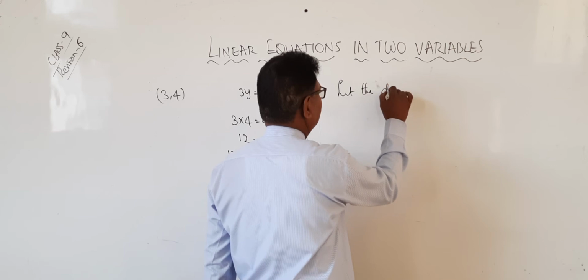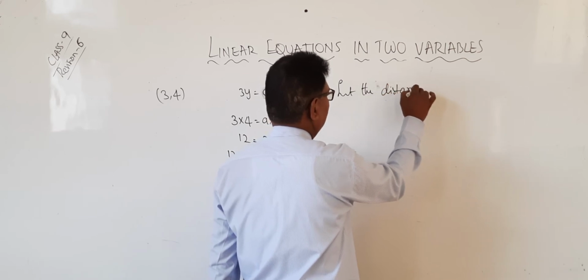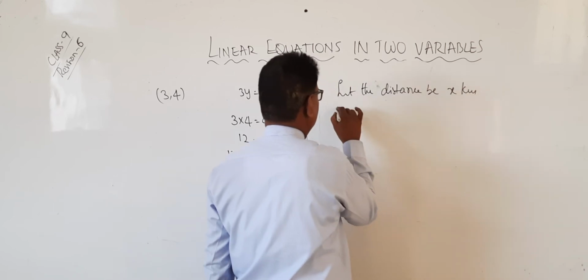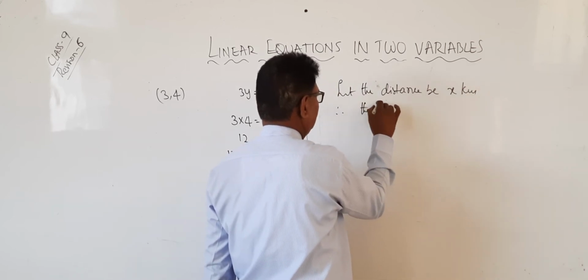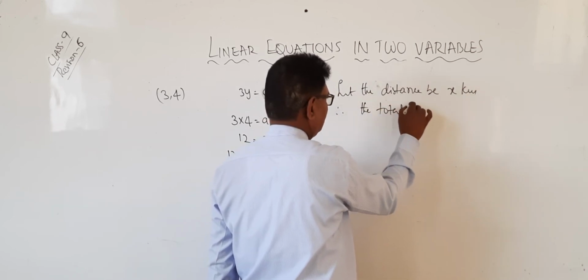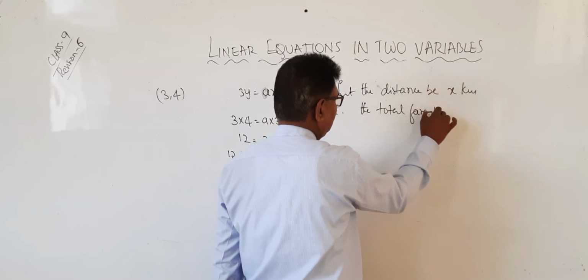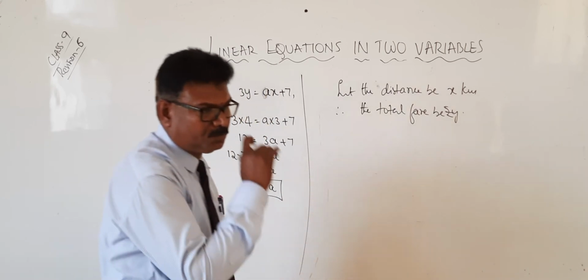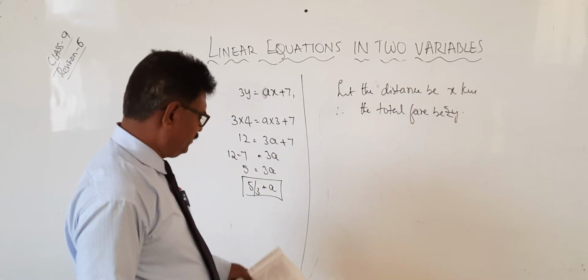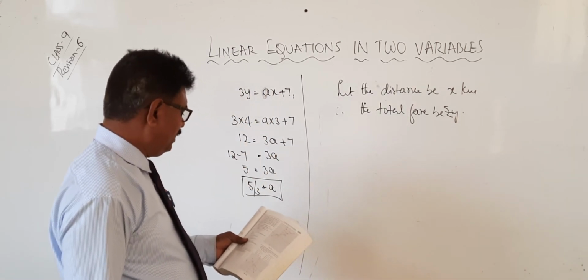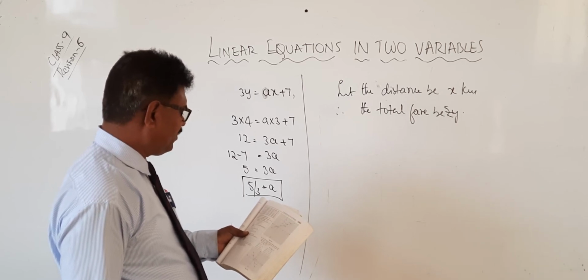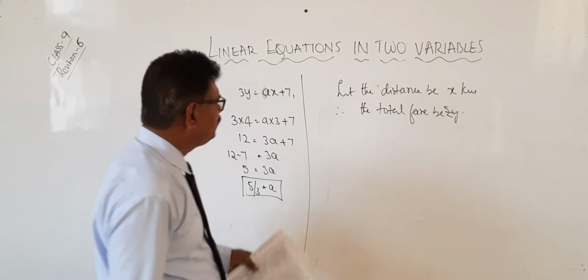Let the distance be x kilometers and the total fare be rupees y. Okay? Now, the taxi for the first kilometer, the fare is 8, and for subsequent kilometers,